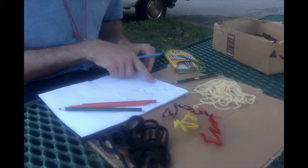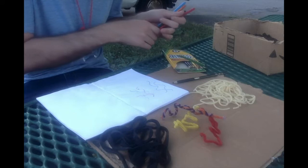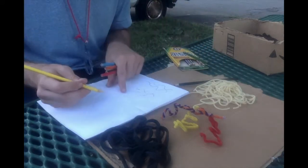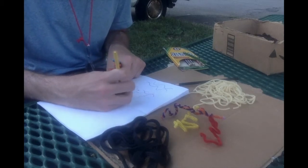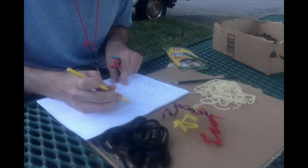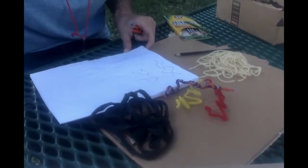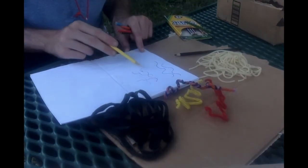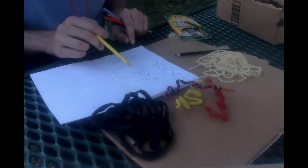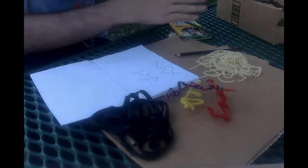Alright, so we have the black shoelace worms, we have the colorful pipe cleaner worms, and finally the cooked spaghetti worms, which has a yellowy color. So I'm going to use this yellow for the spaghetti worms. I'm going to draw a squiggly line like that for one worm, and another squiggly line like that. So you can see that we have 3 different kinds of worms here. And when I put these worms inside of my box, I can check them off of my list when I find them. So now I'm going to take these pretend worms, and I'm going to put them inside of my